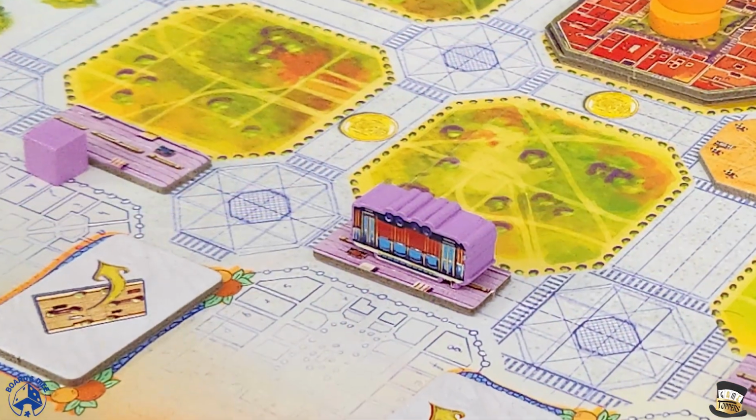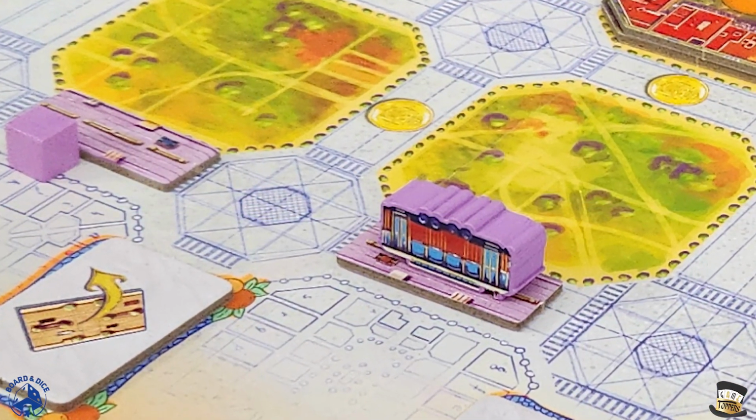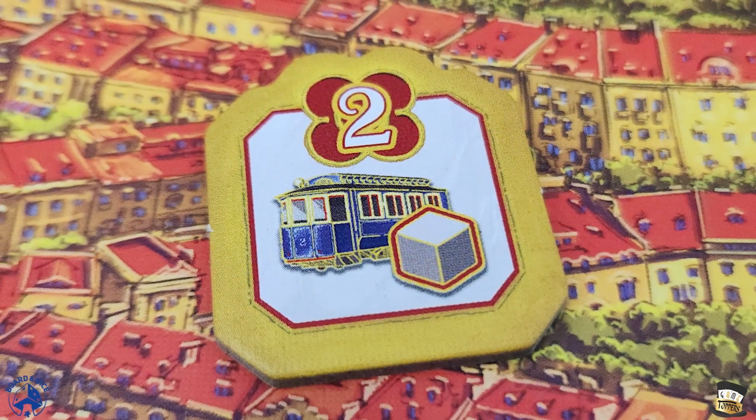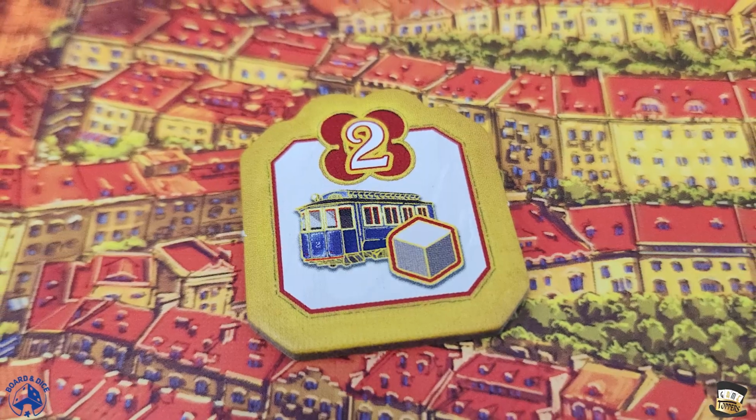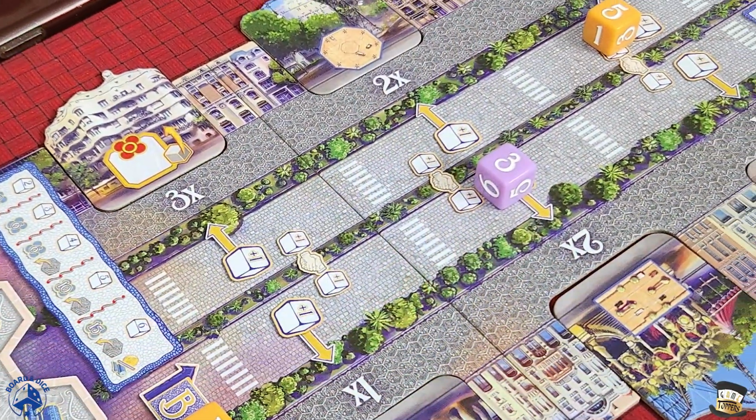You can drive your trolley on your roads to get extra actions and stuff. Drop people off at different buildings to get different points for different objectives. And then one thing from the expansion, which you can move your die up or down this road over